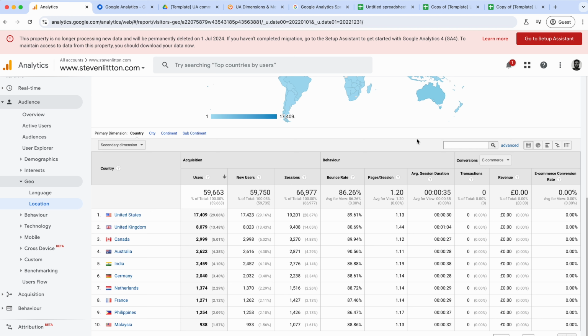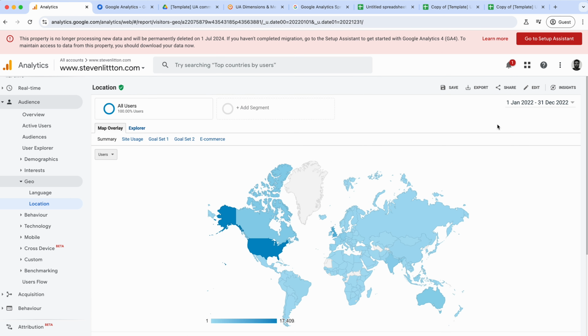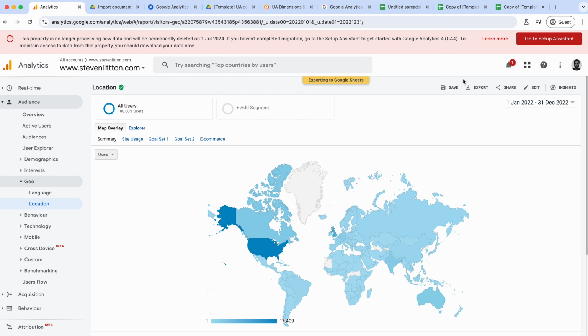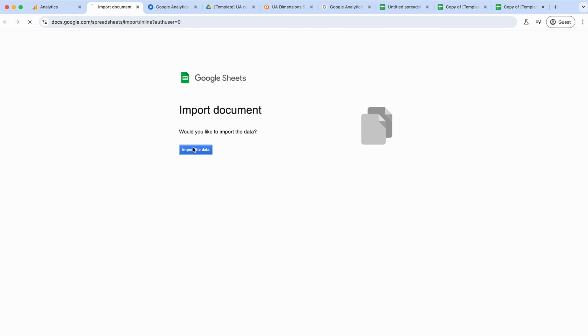And maybe we want to export that so we can match it up with new data from GA4 going forwards, for example. If you want to do that with just this one report, you can hit export and bring that out as, say, a Google Sheet. Or you can have a PDF, which might be your preference just to have it in a document. Google Sheets is quite useful because you can edit, update and share them with people. Excel can be useful as well. So if we go to import this data, just for Google Sheets,